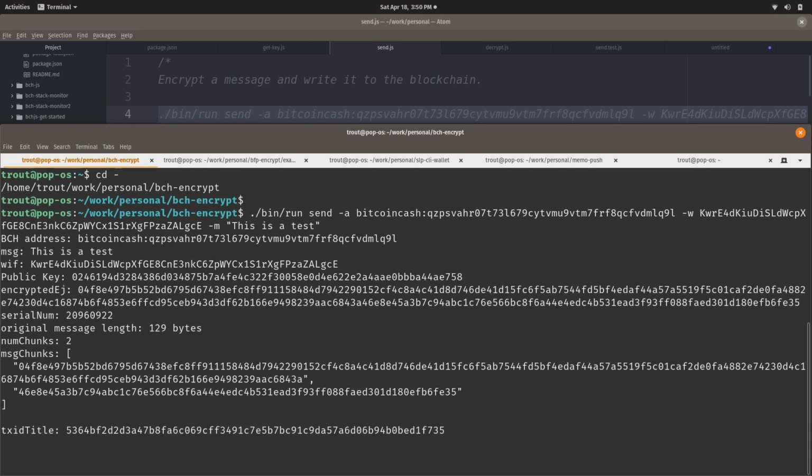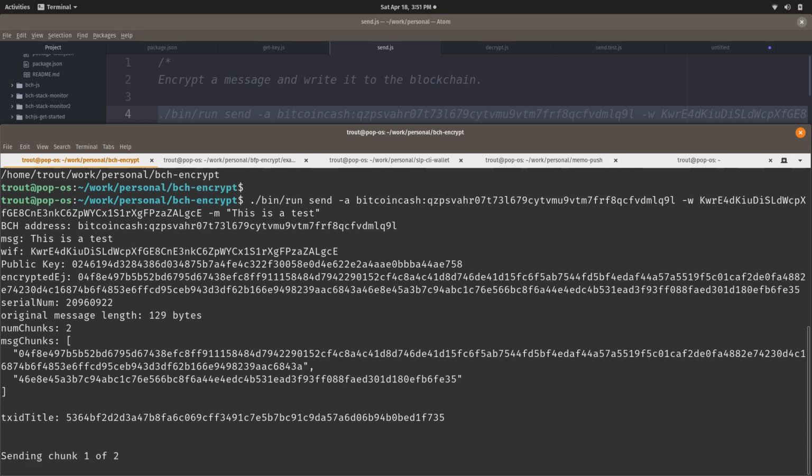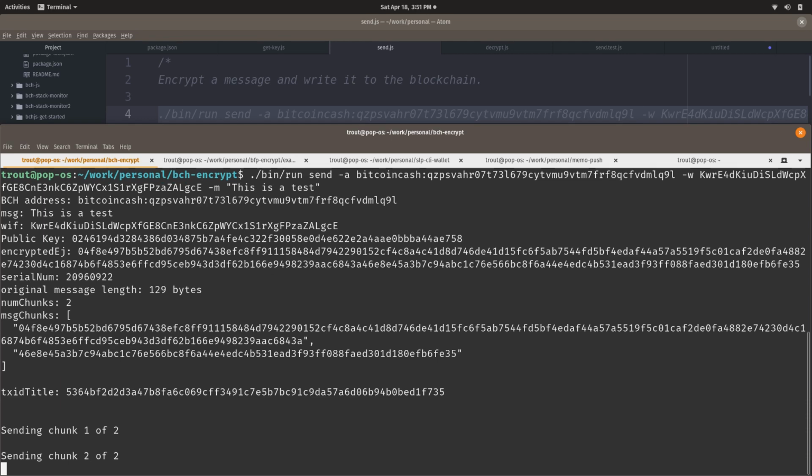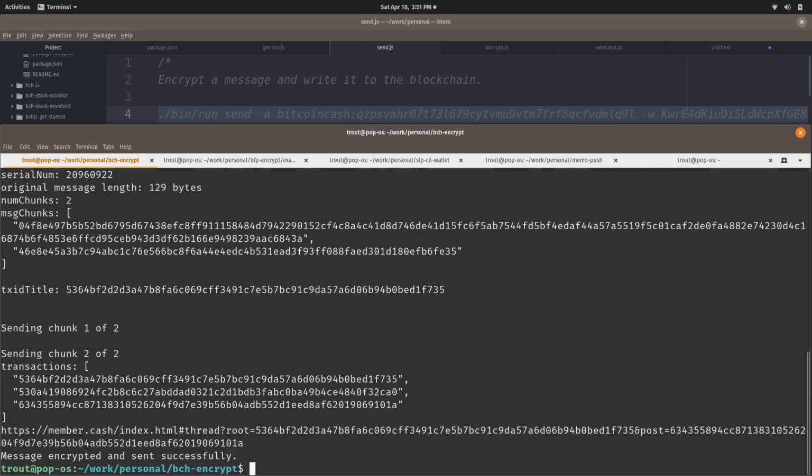This is by far the bulk of the code right now, the most complicated part, because not only is it doing this elliptic curve cryptography, it's also taking the encrypted message, splitting it into chunks, and writing each chunk to the blockchain. It's using the memo.cash protocol, but also an extension that memo.cash, shout out to FreeTrader there, he expanded on it to do multi-part transactions for large posts.